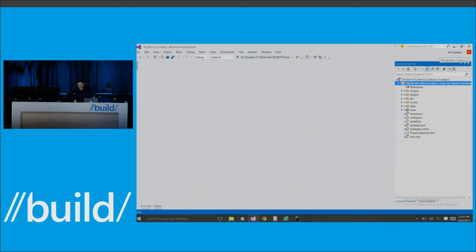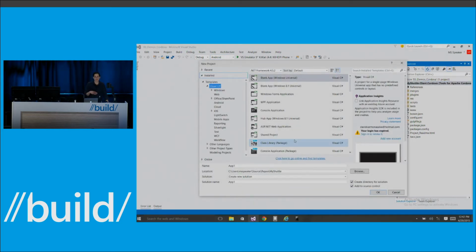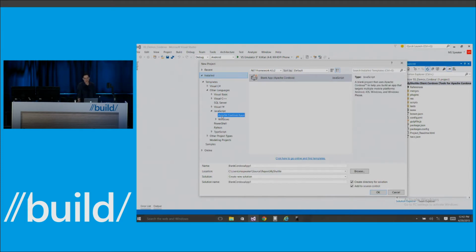Okay. So one of the things that we're pretty excited about is with the Visual Studio 2015 extension, we now have templates for Ionic and Onsen UI. Have you guys ever heard of Ionic? Anybody here? Onsen UI? Okay, they're pretty good templates for building hybrid applications. So I can build a Cordova application using JavaScript or TypeScript. How many of you guys have heard of TypeScript before? Great. You should definitely go check out Anders' session tomorrow, where he'll be talking about TypeScript 1.5.